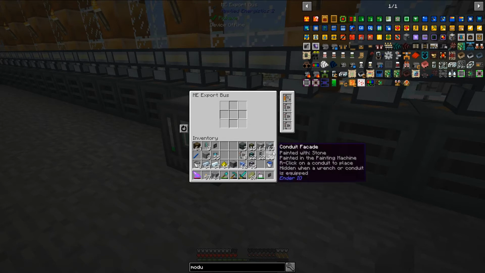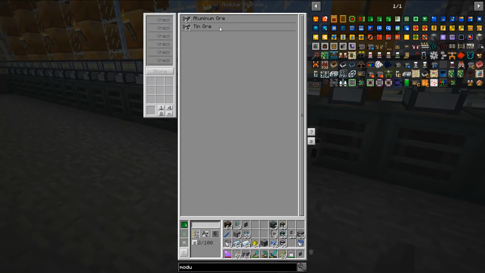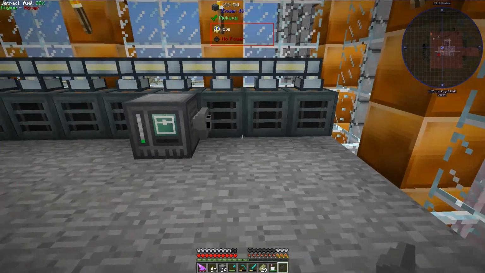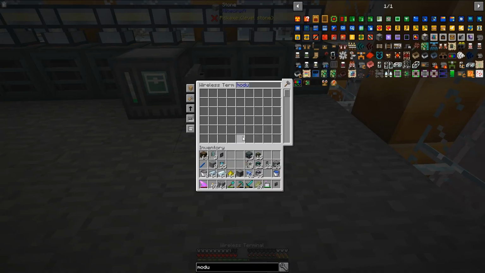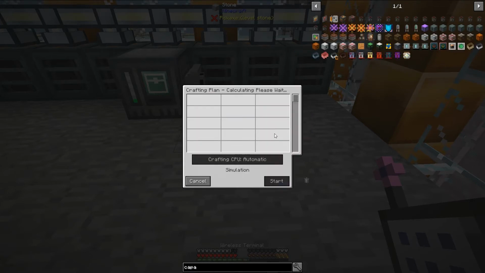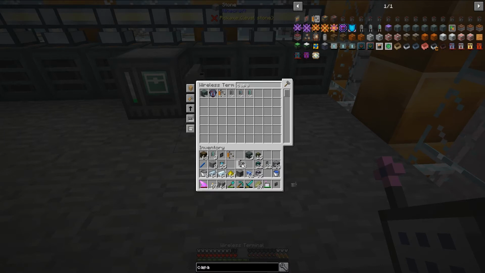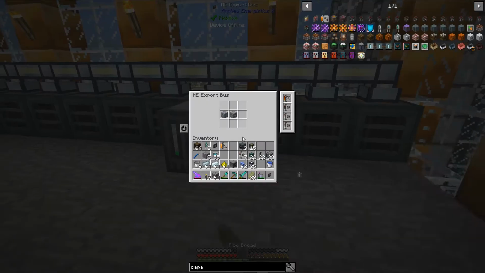So I need to set this to be aluminum ore and tin ore. We can go ahead and throw that in there because we won't need it anymore. And then I need to grab one more capacity card. And I believe I forgot to set down an acceleration card in one of my...